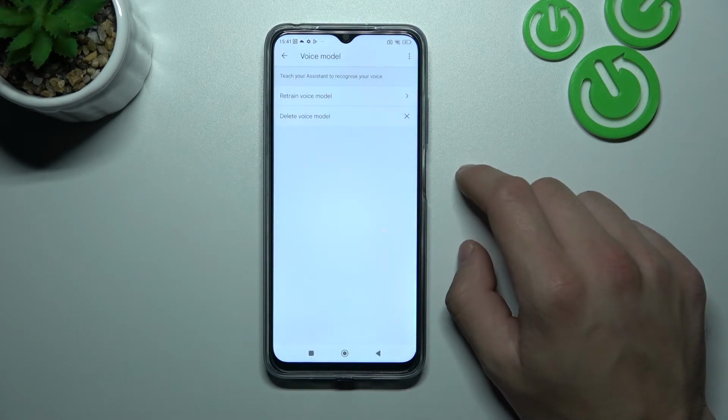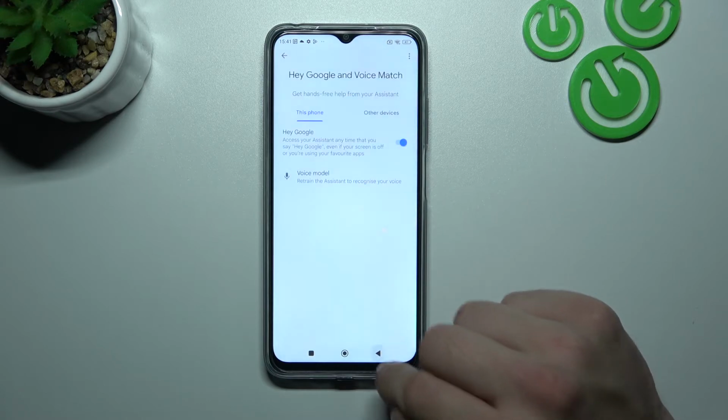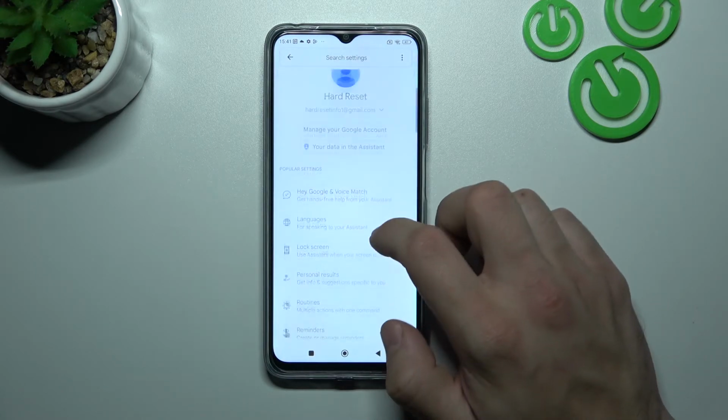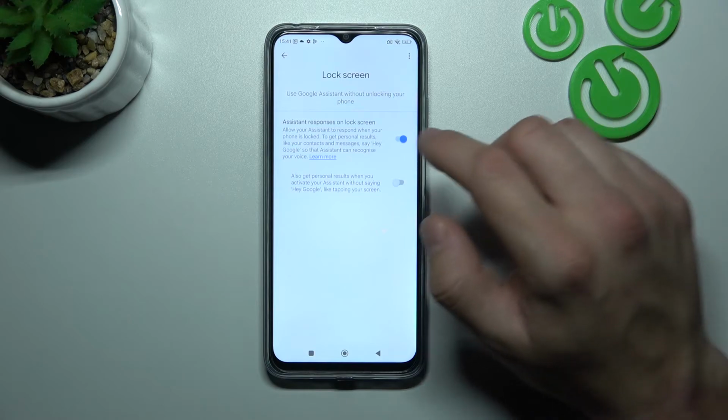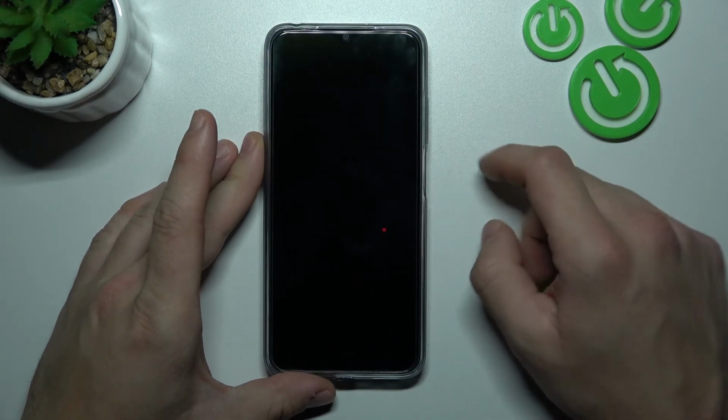Now let's try it out again. Hey Google. Now that we are sure it's working, let's go back. Enter lock screen and also make sure that this function is enabled. Now you can simply lock the screen and say, Hey Google,